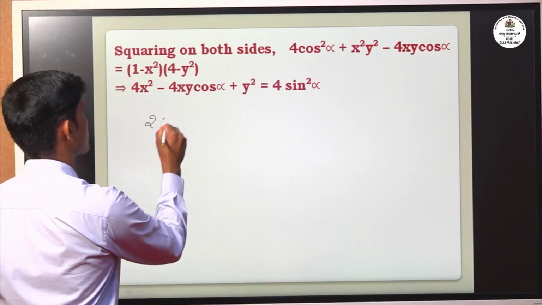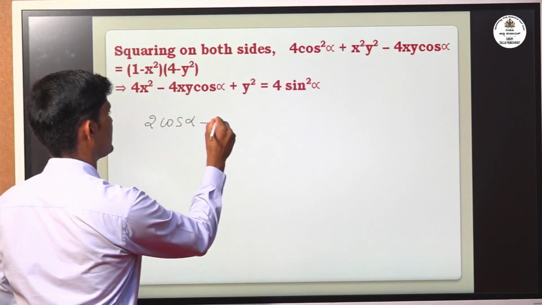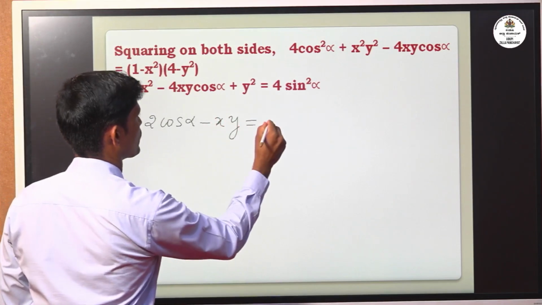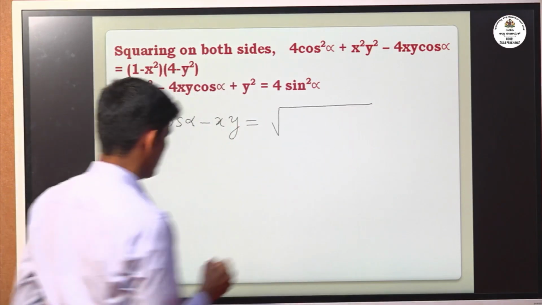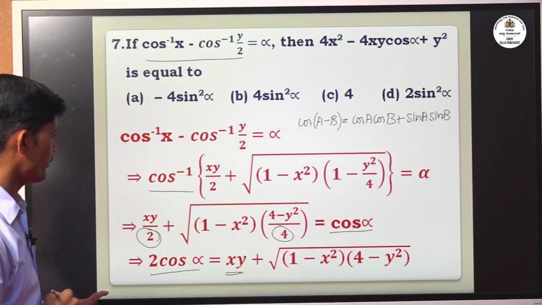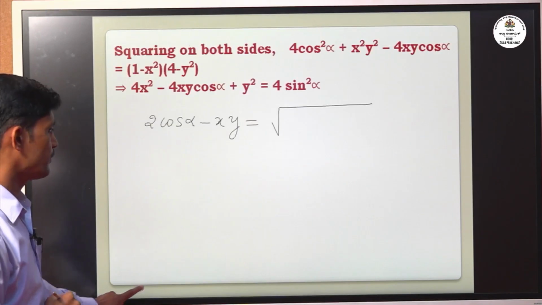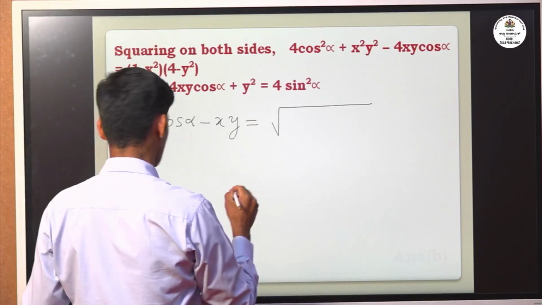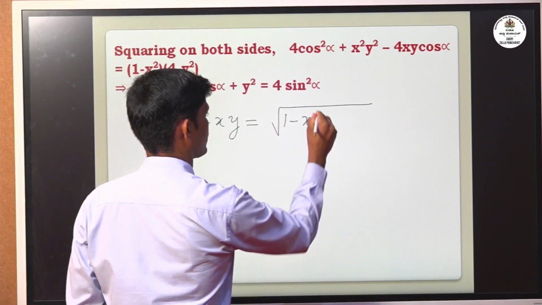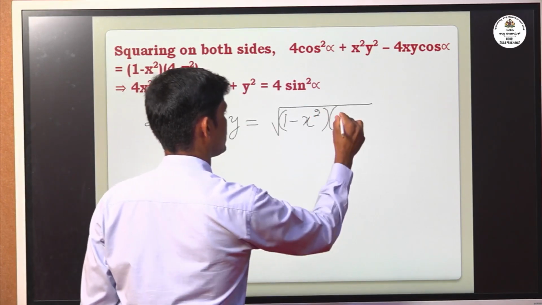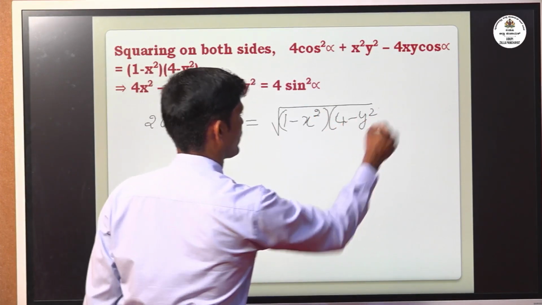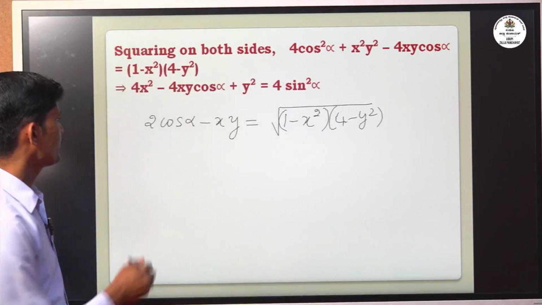2 cos alpha minus xy is equal to the square root of 1 minus x square into 4 minus y square. Then square on both sides. On squaring we get